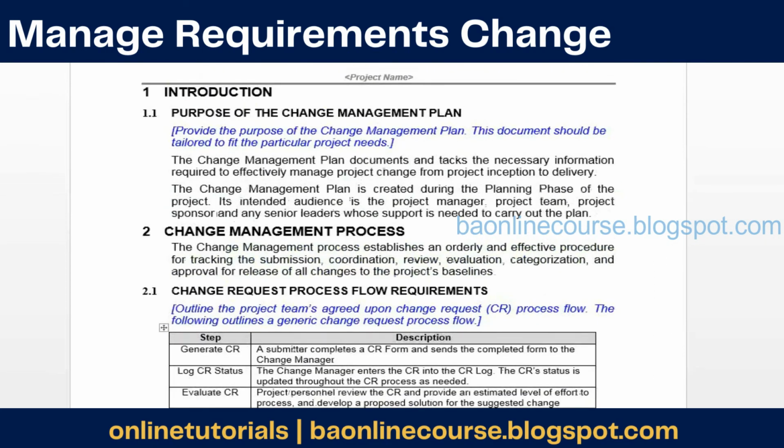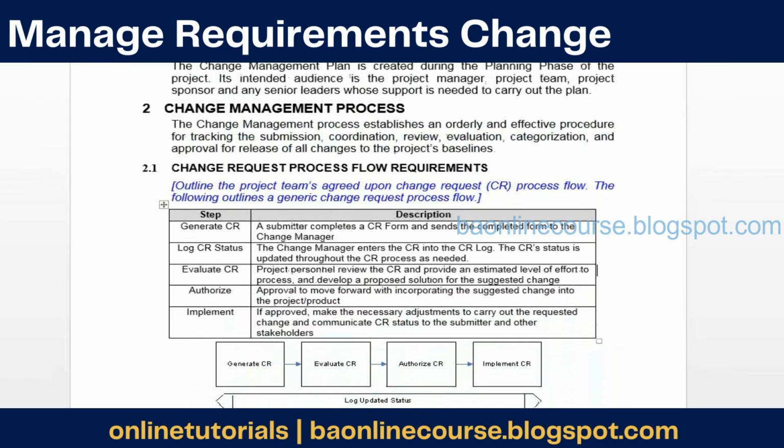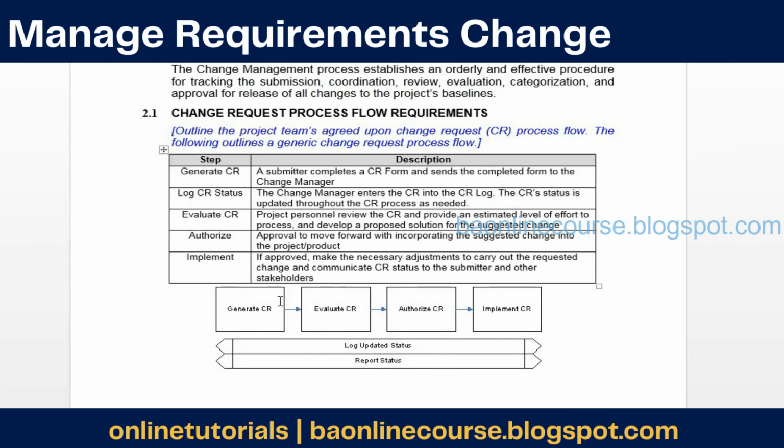Broadly, the process would be like this. It's similar to what I have explained. You would generate a change request. The person who is requesting the change has to fill in this change request form and then send it to you. Then you would evaluate it. Then the change control board would authorize it, and then you would implement the change. Throughout, you would track all these change requests. There needs to be an Excel sheet with the list of all changes which came in. If 10 change requests came in, you will list down 10, and then list down the status of each as well, and track it to closure.